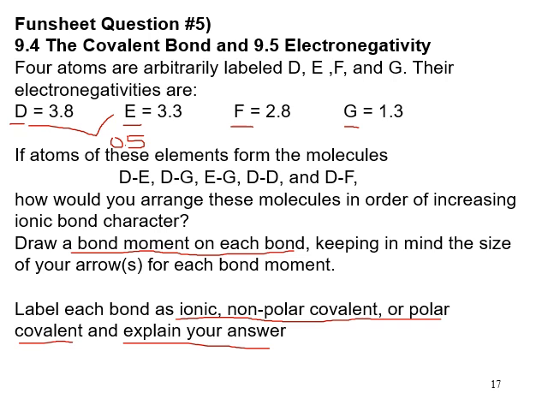So for example, for DE, my bond moment would point towards the more electronegative atom, which happens to be D in this case. So my bond moment would look like that, where you have a partial positive on the E and a partial negative on the D. Now I ask you to keep in mind the size of your arrows,